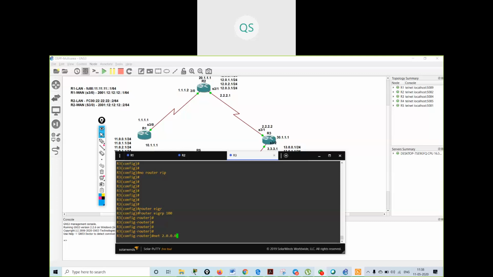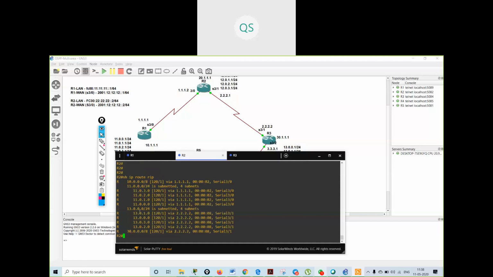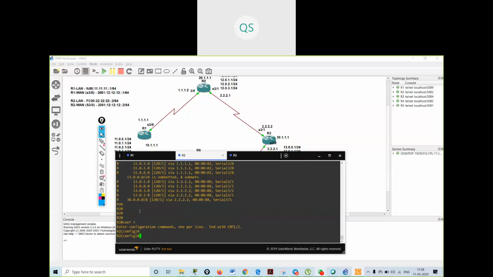I will not use this; I will just use my passive interface command. On R3 I have the 30 dot network and also the 13 dot network. So in EIGRP I can do it both ways: either use the wildcard bits or not use the wildcard bits.